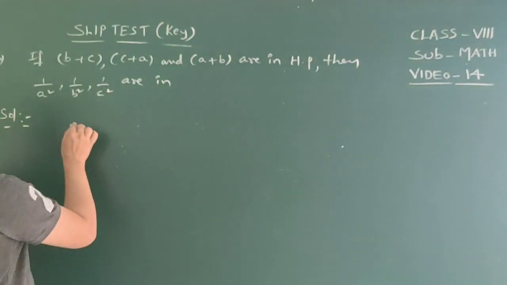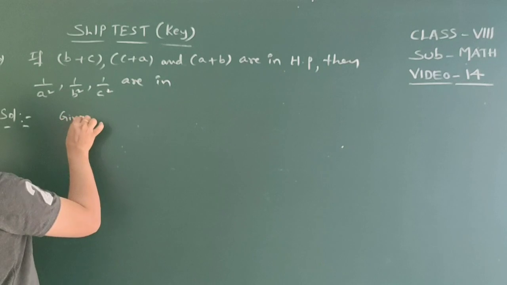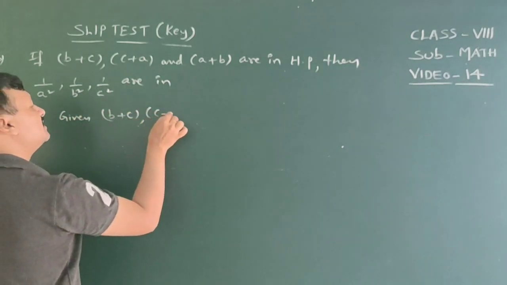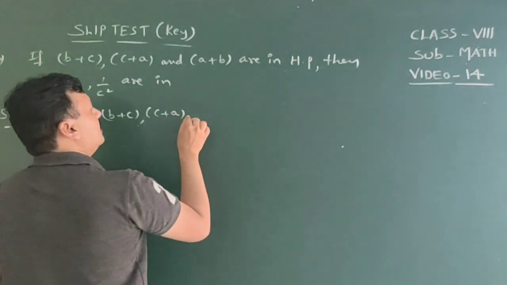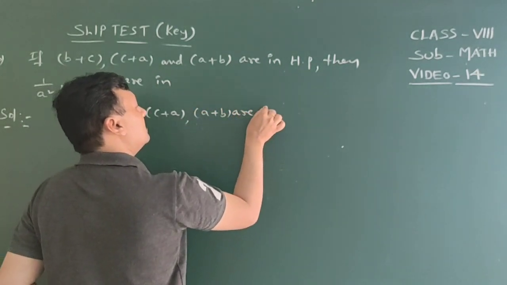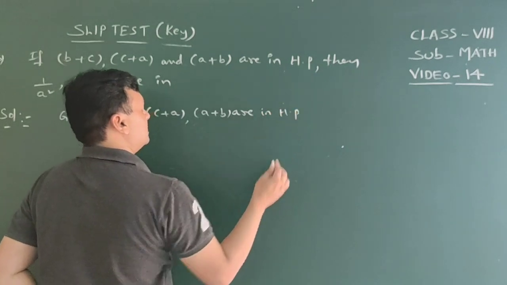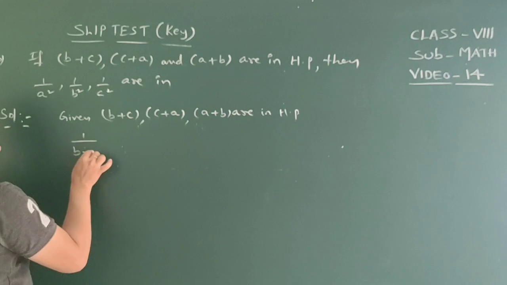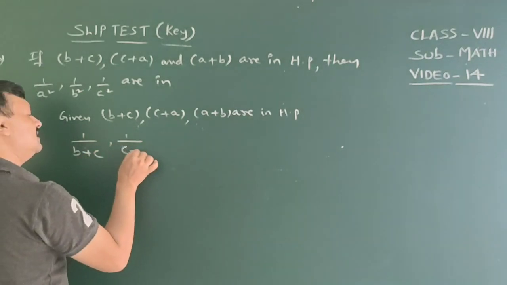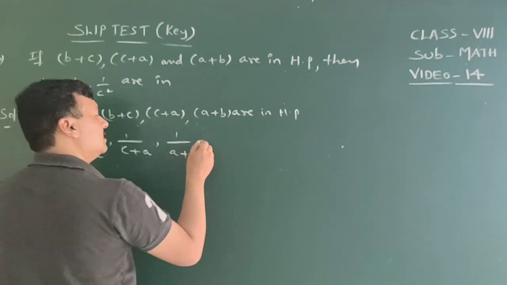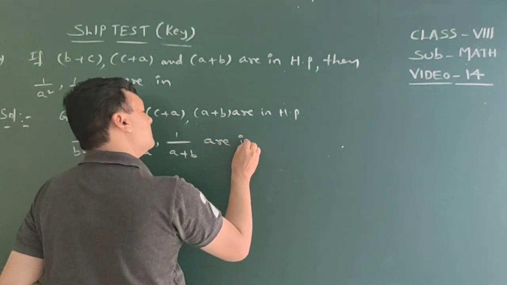Here, given b plus c, c plus a and a plus b are in HP. So the reciprocals 1 by b plus c, 1 by c plus a and 1 by a plus b